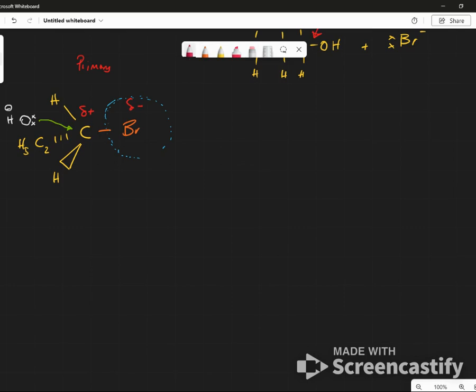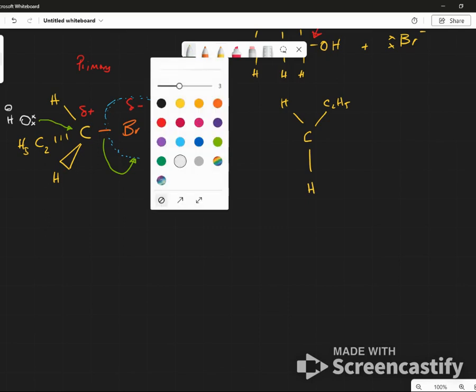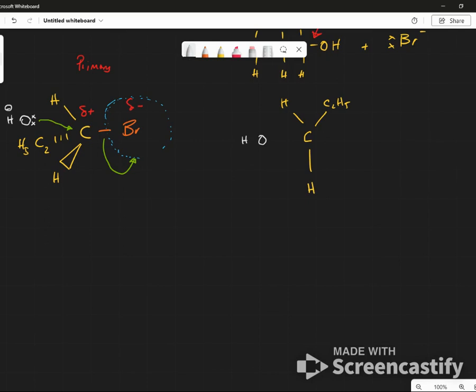So what we've got is this, and at the same time, these electrons go onto the bromine. Okay, and now we get this C2H5, and we've got the OH coming into this shape. Dot, dot, dot, dot. And we've got the Br, I think my internet's dying because this is taking a long time to draw, coming out. Now, this is a confusing shape, but what it is, these guys